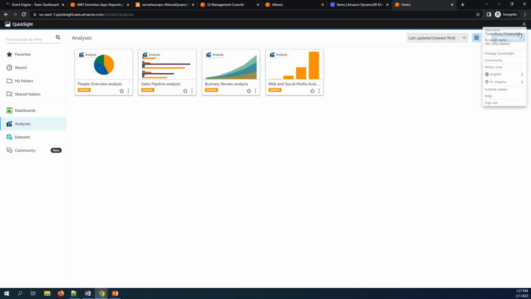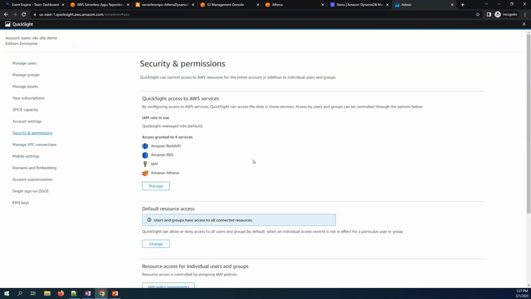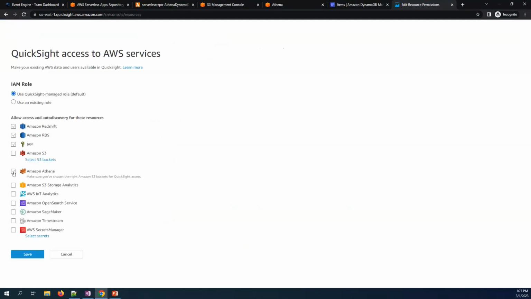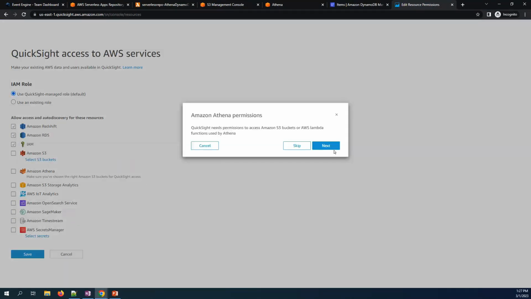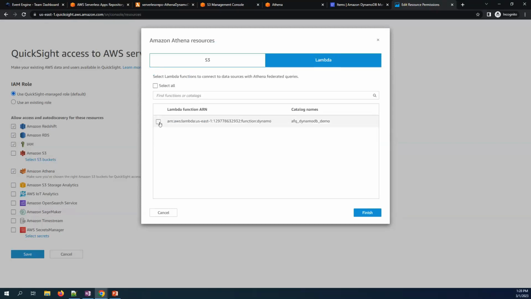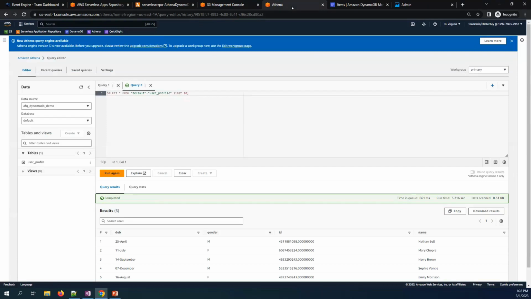and that's more to do with the security and permissions. Since we are using Lambda here, we need to enable that within our security and permissions. For that, your admin should be able to go into the Manage QuickSight console, go into security and permissions, and within that, get into Athena, and we can look for Athena connectors. And then here, I have all these S3 buckets, which I needed for my data access. Also, from the Lambda point of view, I can check my Lambda functions. Once that is done, I can finish that, and then I can save it. So with that, I will be able to connect to my Athena data source from QuickSight and pull the data